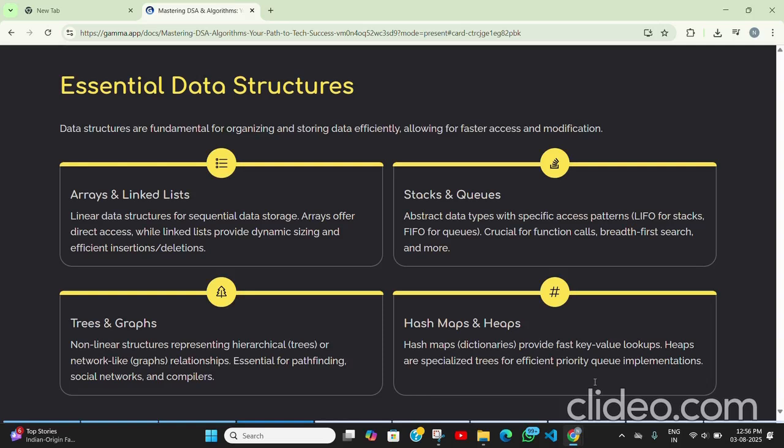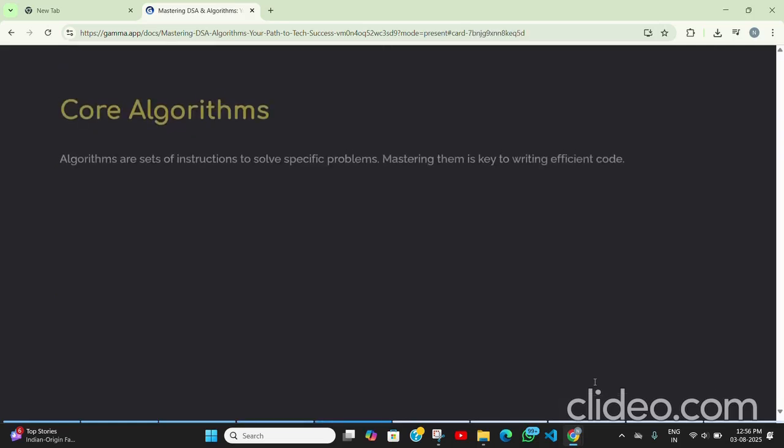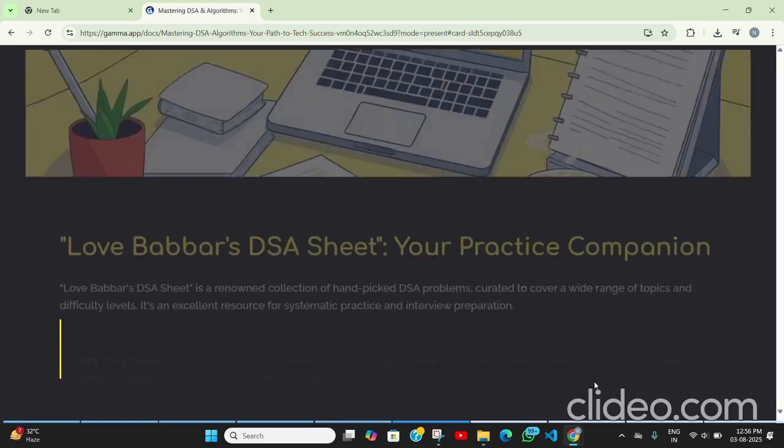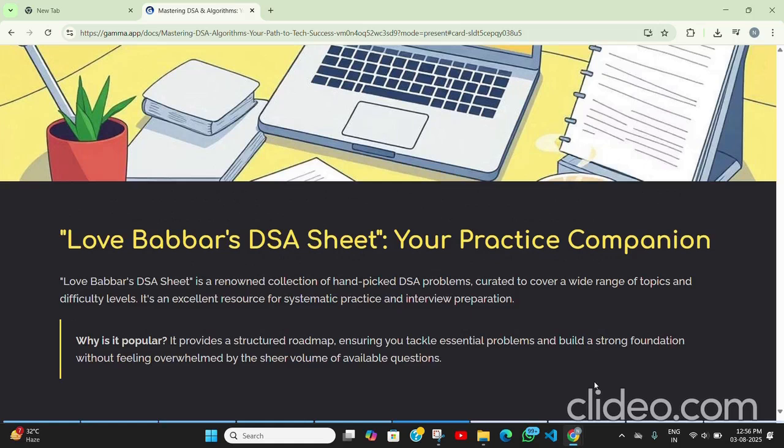Now, let's understand what we'll actually be learning. We'll start with basic and essential data structures, like arrays, strings, linked lists, stacks, queues, trees, and graphs. These are your core tools as a developer. Along with that, you'll also learn important algorithmic techniques, like sorting and searching, recursion, dynamic programming, greedy algorithms, and more. These techniques will help you solve a wide variety of problems, not by memorizing solutions, but by truly understanding how